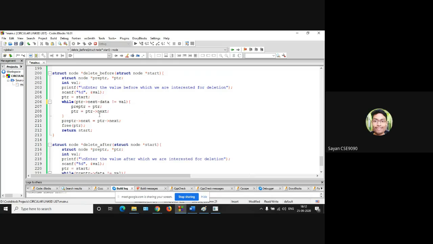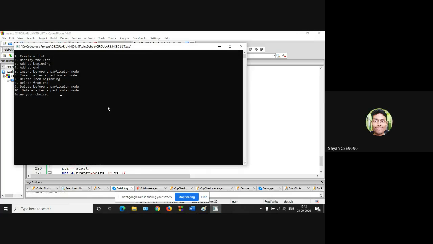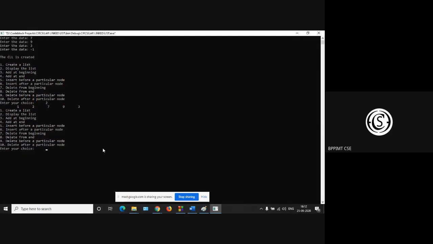আবার What data? হ্যাঁ এবার ডেটা, নট ইকুয়াল টু ভ্যালু। হ্যাঁ এবার মনে হচ্ছে চলবে স্যার। বিল্ড এন্ড রান। 1 create the list, 1 enter 1 2 7 9 3 minus 1 display 12793. এবার delete before, so 9 choice number 9, enter the value before which we are interested for deletion। এখানে কি দেব? 9 দেব তো? হ্যাঁ স্যার, যার আপনি আগে ডিলিট করতে চান। আমি 7 ডিলিট করতে চাই, তাহলে 9 করলাম। হ্যাঁ ডিলিট হলো।